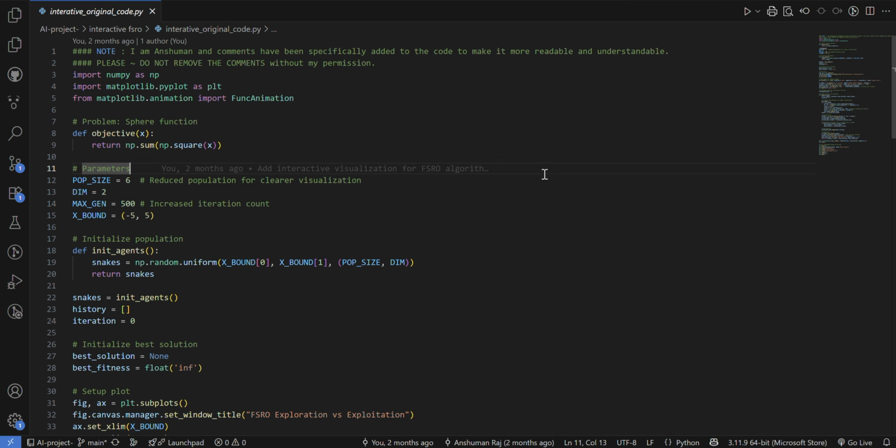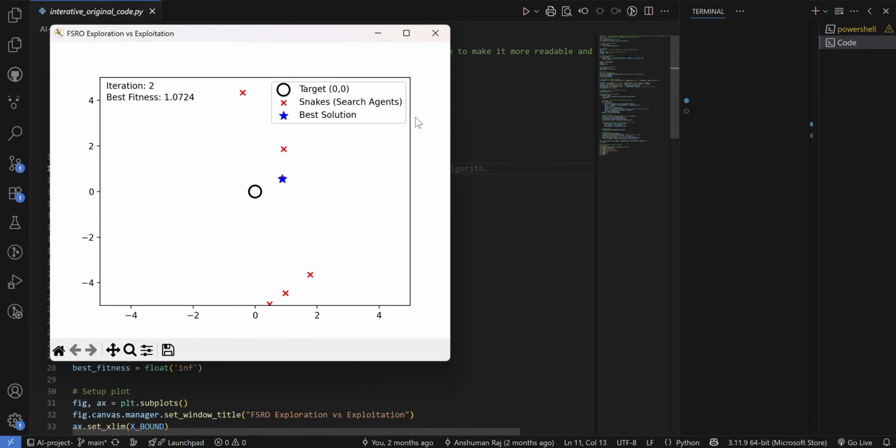First of all, I'll show you the original code of FSRO algorithm. And while the iterations run, I'll explain what the particular optimization algorithm is. So, this is FSRO original code, and FSRO is a nature-inspired meta-heuristic algorithm, meaning it is not particularly made for a particular type of problems. It should be, and it could be applied to any general real world problem. For example, speed reducer problem or vessel design problem, but